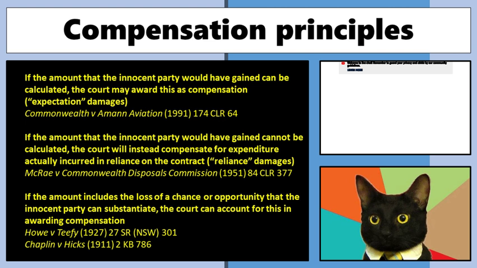And so look, these things come down to what can be calculated. And again, you guys as accountants, you may be involved in having to analyze these sorts of things. Actually get your economists, get your actuaries, work out what it is that we would have got from this particular contract. All right, and also note for things where there is a chance, a percentage chance, the courts will often just go, okay, sure, there was a percentage chance, and Howe and Teefy and Chaplin Hicks were both, one was a horse racing and one was a beauty contest.